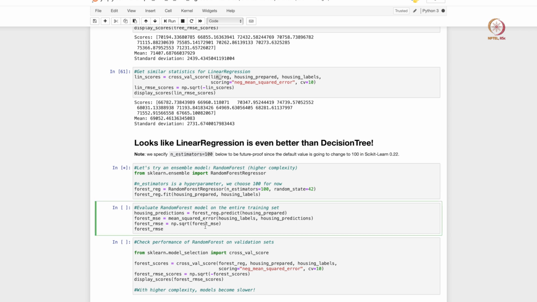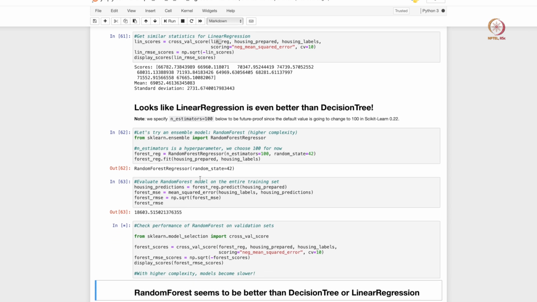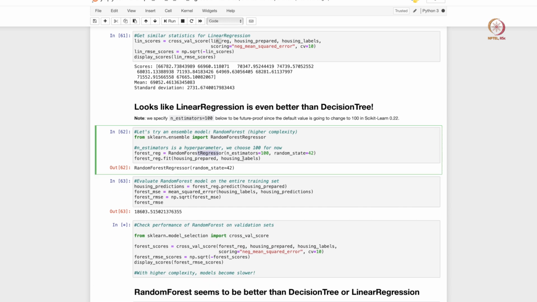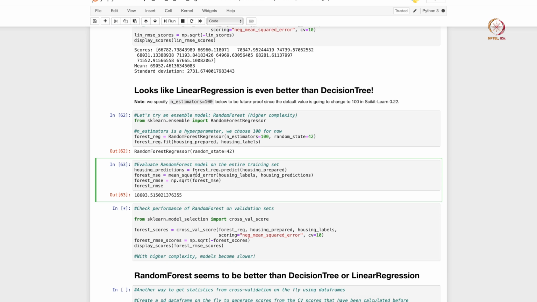For random forest, once again, let me execute a few of the cells because random forest can take some time. For random forest you can create an instance of the model from the scikit-learn ensemble package. The syntax is the same, you create an instance. The number of estimators is an important hyperparameter in random forest. We will see how to tune the hyperparameters a little later, and of course you need to mention a random state as well for this model. And once you have created an instance you just fit. Fitting is straightforward, and we get some predictions on the random forest on our training set itself.